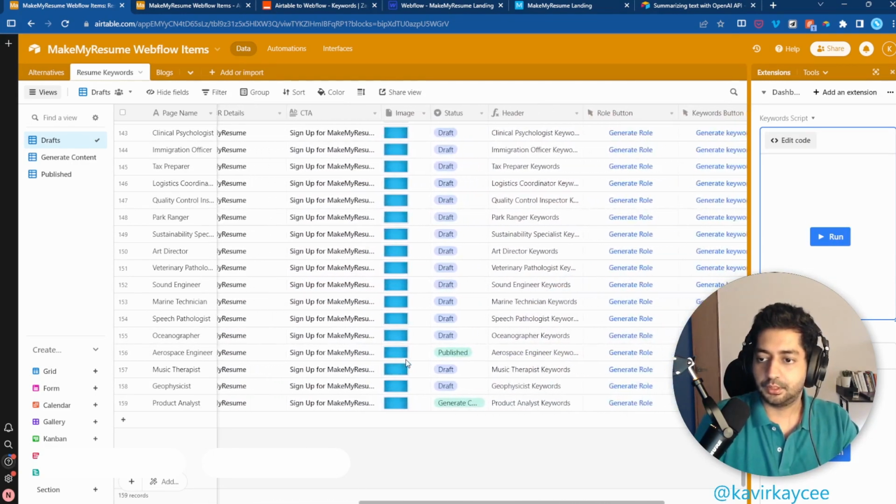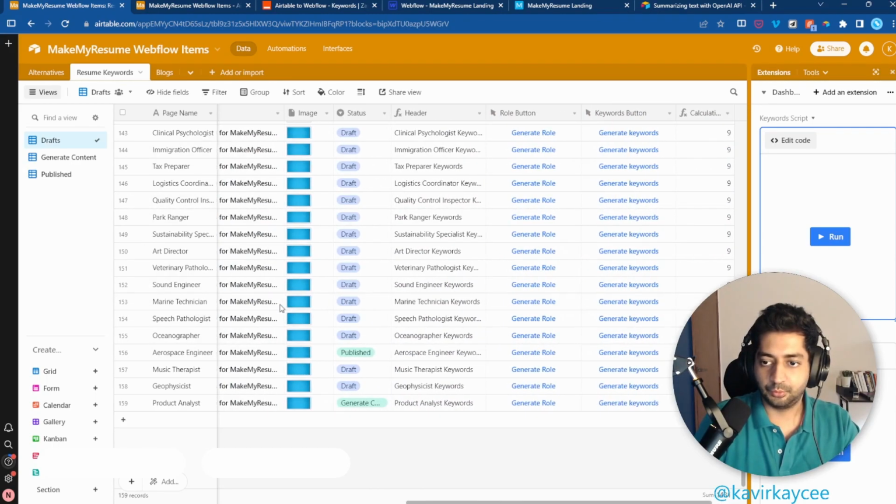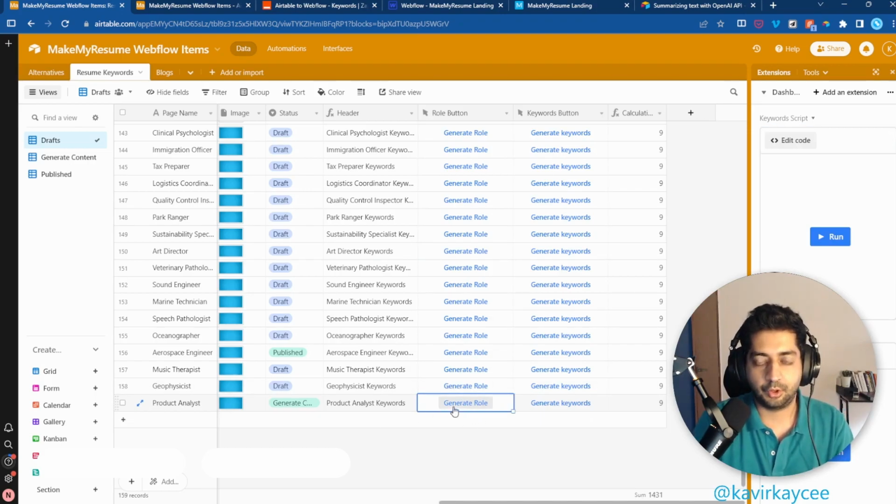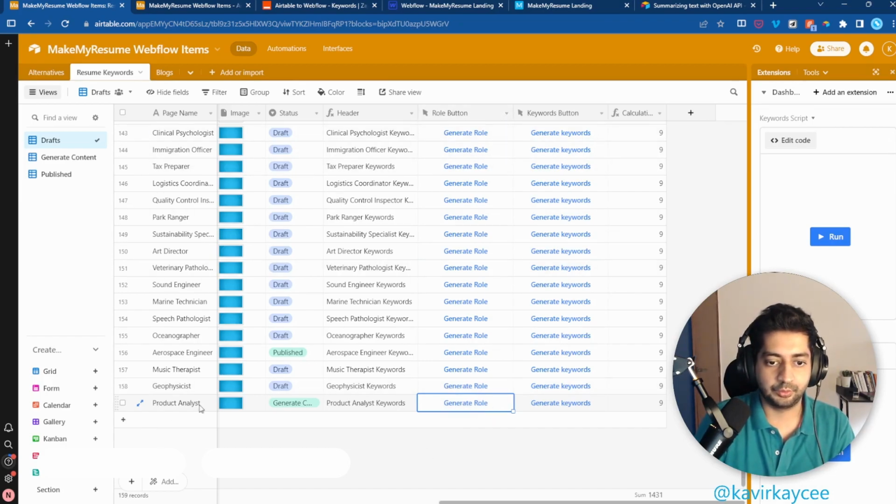So as you can see, I've already generated most of this. I'm going to show you how to use an example and set this up. Before we get into that, there are a couple of ways to do it. This is a semi-automated way. So you have a button that you have to press to be able to generate the keywords or the role. You can go